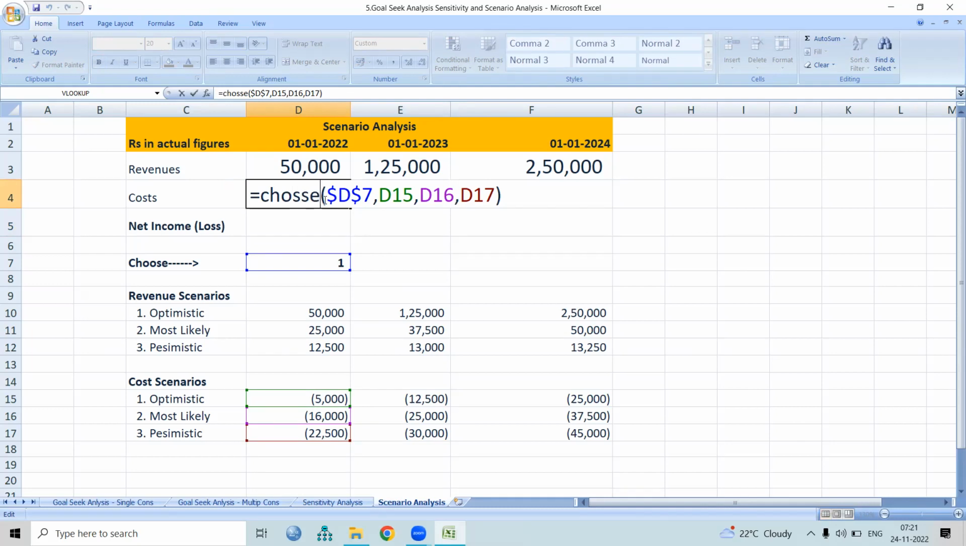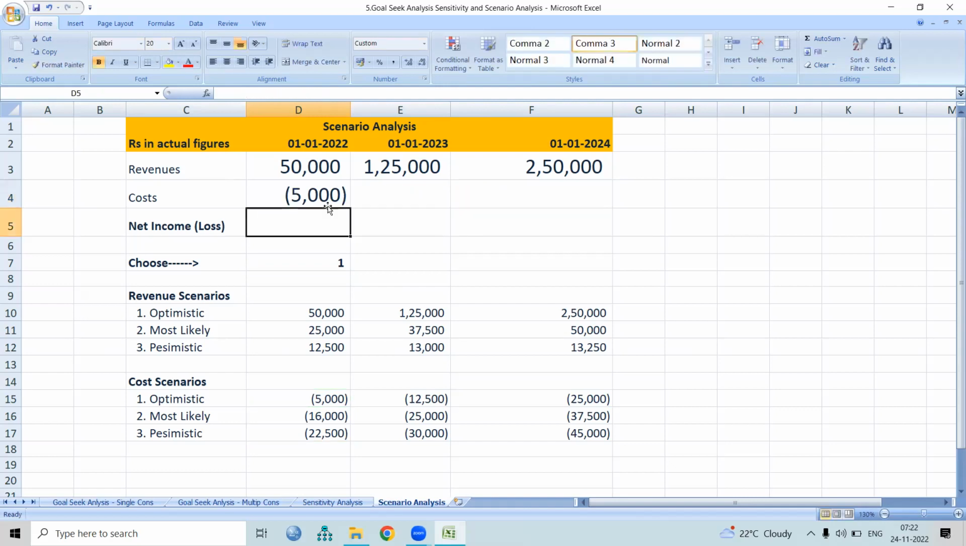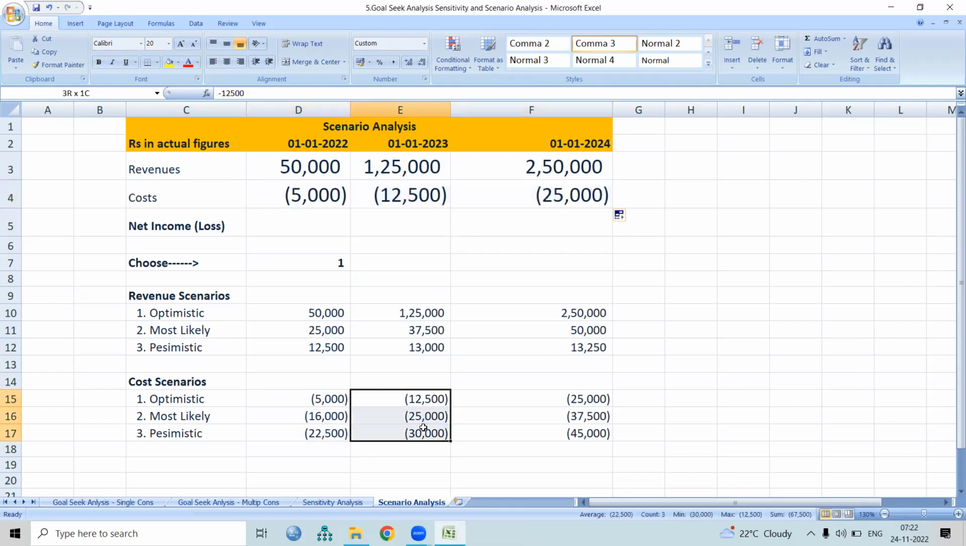So whenever we record the formula, the spelling must be correct. CHOOSE. Can you look at this now? Under an optimistic situation, the minimum cost incurred by the company is 5,000 in the first year. Okay, let's drag it towards the right hand side. Under the optimistic case, the minimum cost incurred by the company is 12,500 in the second year, 25,000 in the third year. Correct now. So this is how we predict the maximum revenue and minimum cost under different cases: